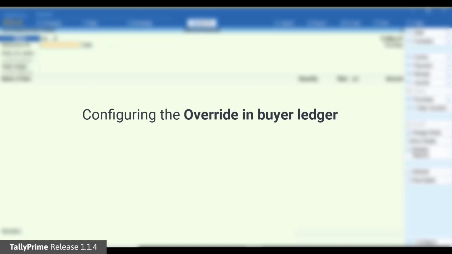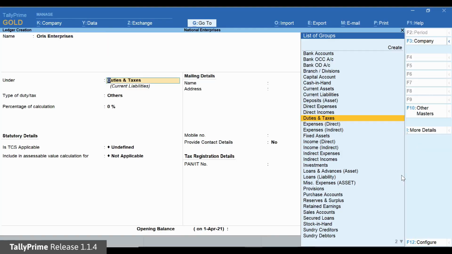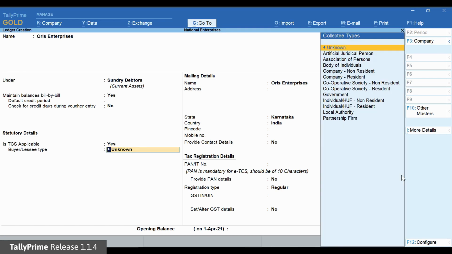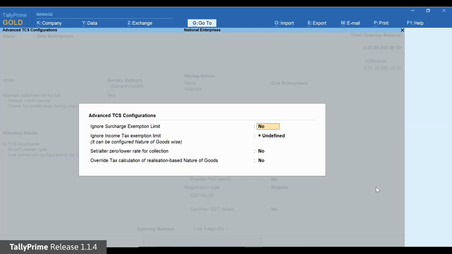You can configure the override in the party master. In the ledger master, set the option Use Advanced Configuration for TCS to Yes. And in Advanced TCS Configuration screen, enable the option Override Tax Calculation of Realization-Based Nature of Goods.